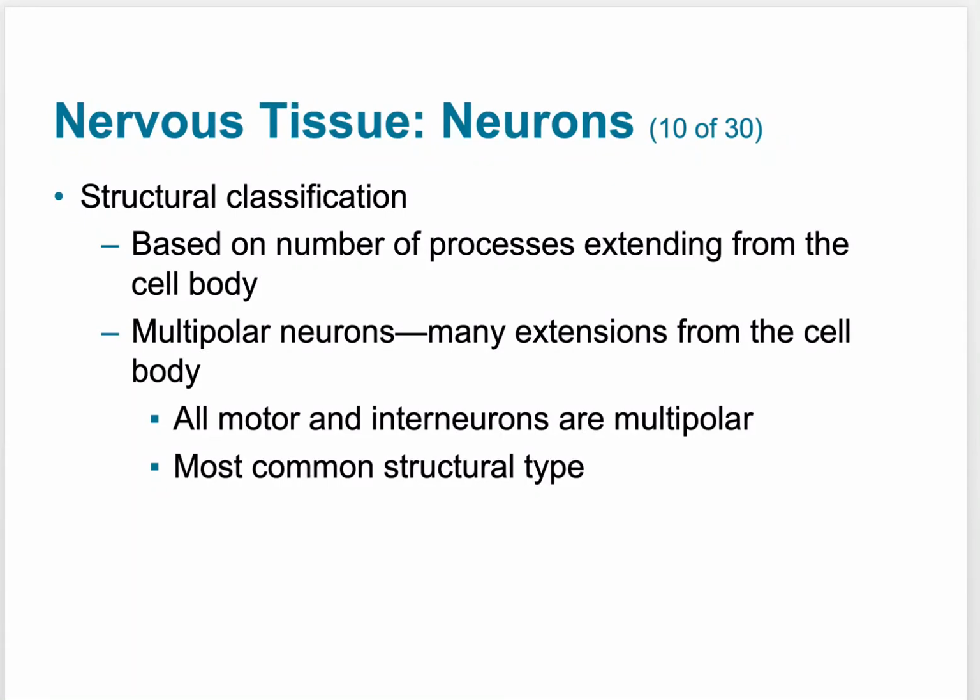All right, so we're going to start part B, which is going to talk a little bit about the structural classification of neurons and action potentials. Okay, so we just finished talking about the functional classifications of neurons, and if we go back a little bit,